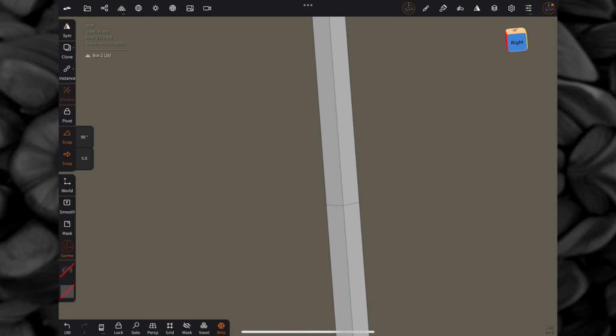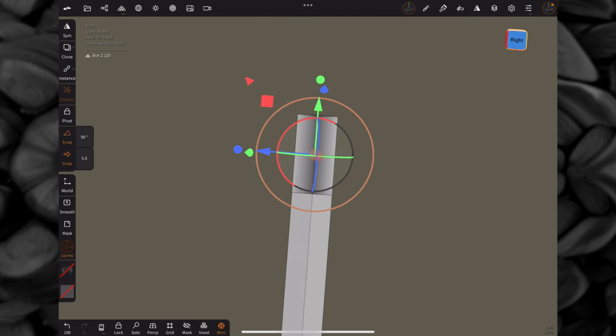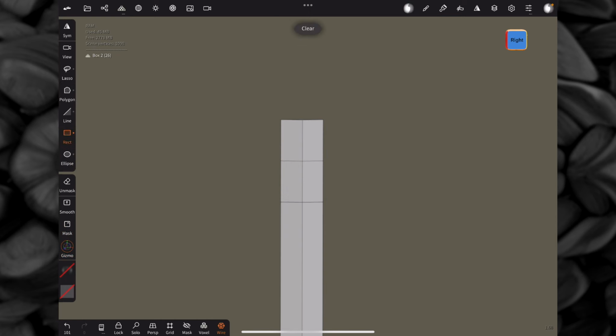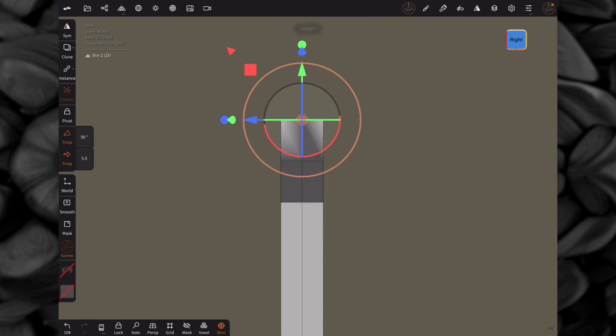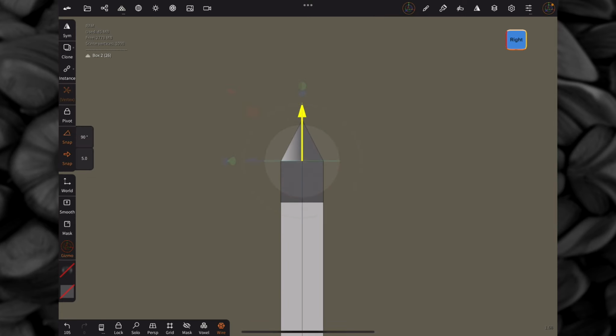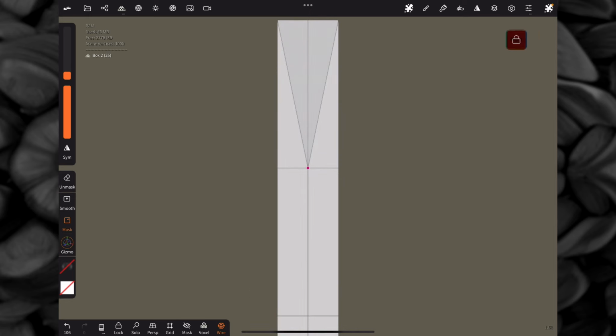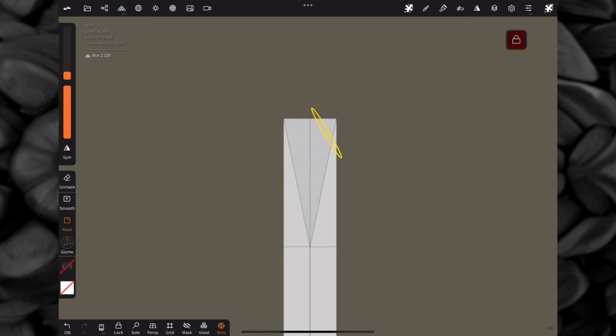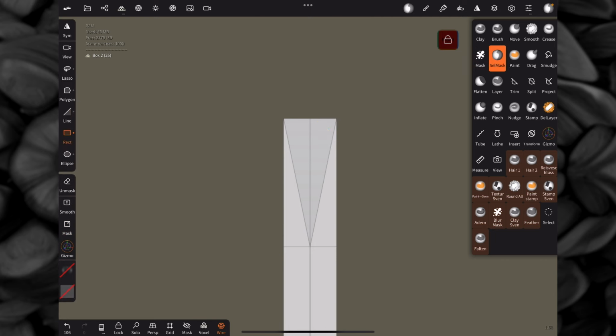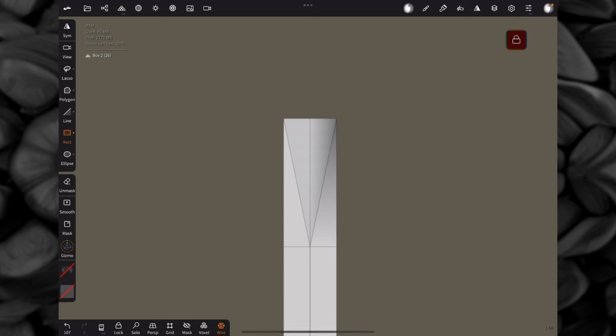Now, to get the tip of the sword, move to the side, clear your mask, and select those upper points. Invert your mask, drag those upper points down till you hit the middle of your cube. Now clear your mask again, turn to the front view, select the selection mask tool, rectangle, select the top outer points, flip the mask,